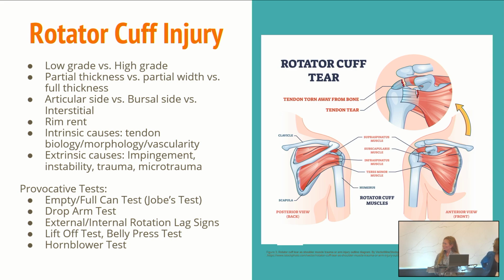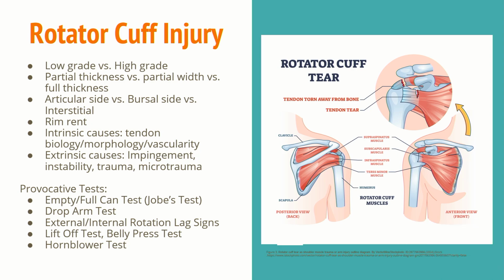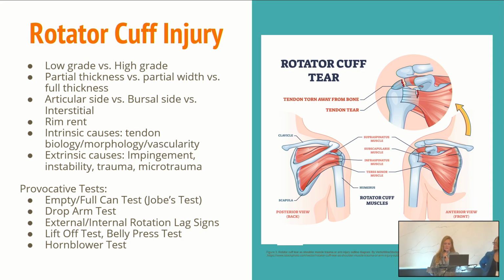This is honing in on identifying different types of partial tears. You can delineate a partial tear by low grade or high grade. That's just the percentage of vertical thickness of the tear. We can have articular-sided tears, on the articular side near the humeral head. The underside of the rotator cuff tendon tends to be the most common associated with partial tears. And then bursal-sided tears in that subacromial space. Those tend to be more painful tears, so patients tend to present earlier in their onset of injury